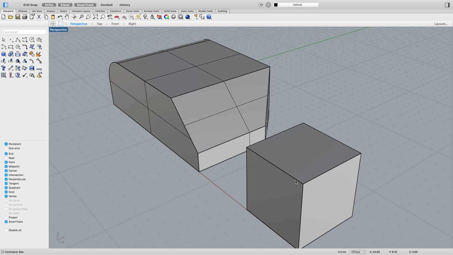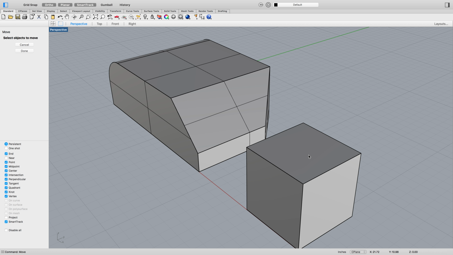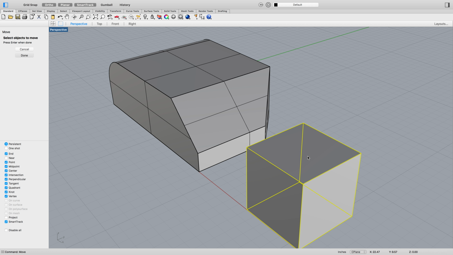So this is the positive space of the negative space that we're going to create. Again, make sure you've got all of these on. And I'm going to use the move tool. So I just type MOVE and hit enter. Click on the object to move, enter, and then what point do I want to move it from? It's going to be on the midpoint on this flat line here, because it's 2.5 inches from here and 2.5